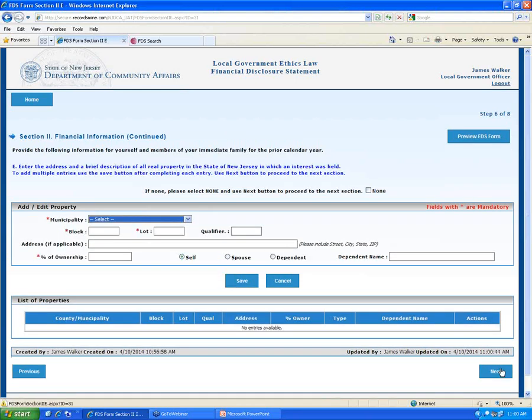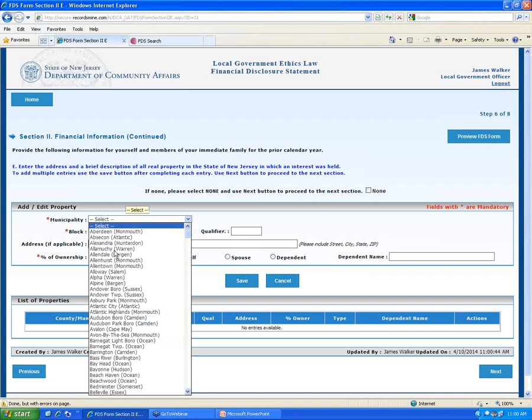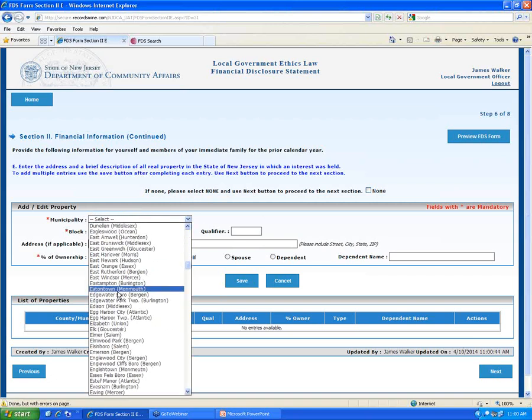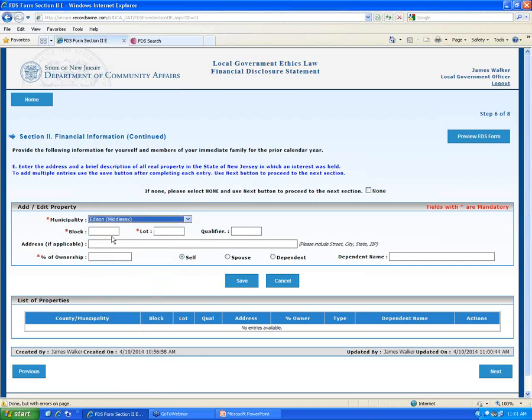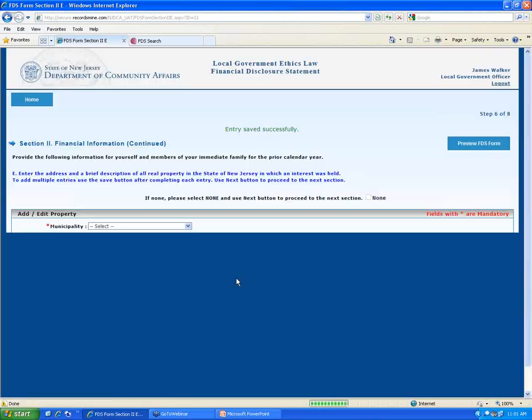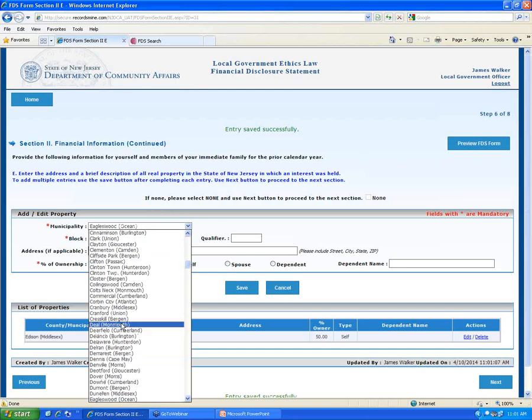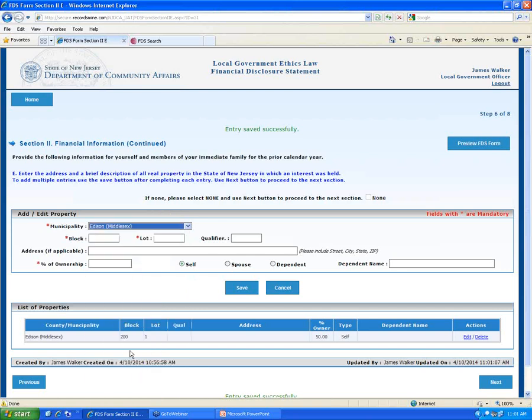And now we're on the property screen here, right? So we have to list our real property that we have in New Jersey, right? So I'll list, okay, I live in Edison, so what I'll do is I'll come down here and I'll add my Edison information in. And I'm going to say me and my wife own this house, so I'm going to say 50% is owned by me, and I'm going to say that my wife owns the other 50%.